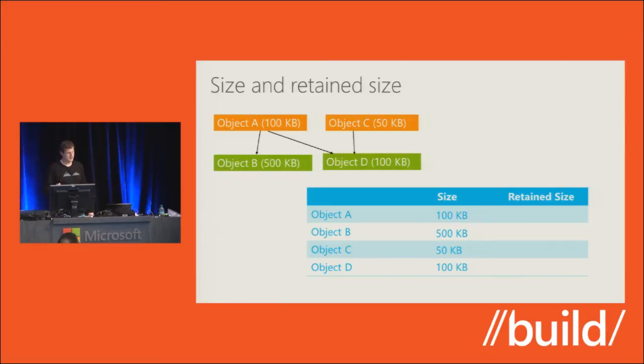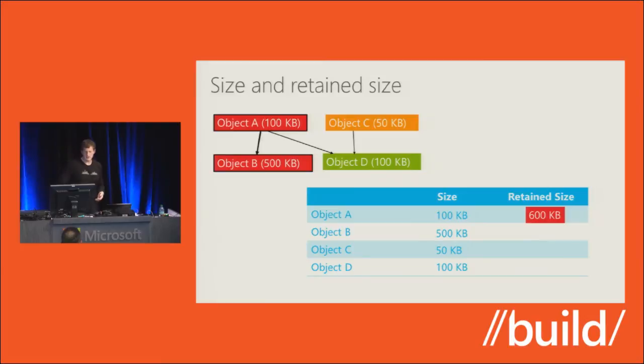I heard 700. So the retained size of A is going to be 600. The reason is that if I free A, it will get garbage collected. And because nobody else holds a reference to B, B will also be garbage collected by virtue of freeing A. But because C holds a reference to D, even if I free A, D is still going to remain in